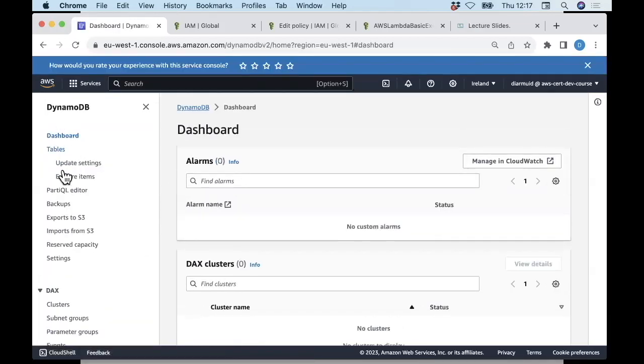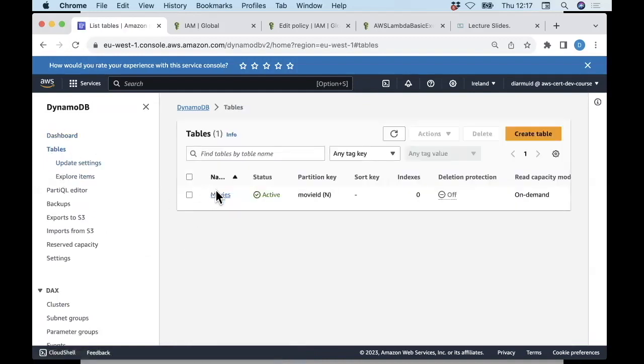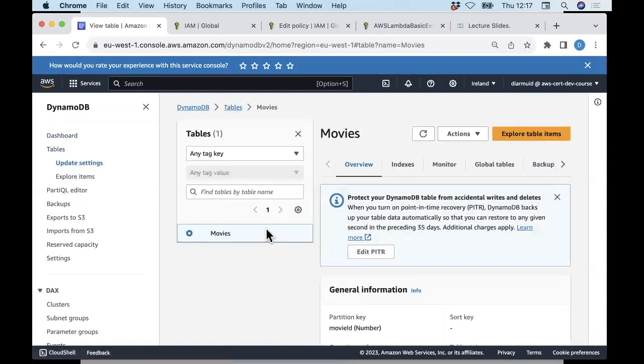And so you have independent tables. Now I only have one at the moment. The tables could be linked to different applications. They're just kind of standalone, if you like. Go into a table. Typically, something that you might want to do when you're playing around with DynamoDB initially is